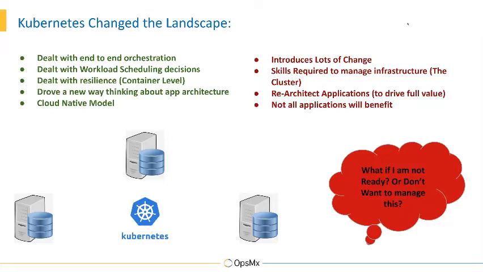I want to get away from self-hosted. I want that reliance and that reliability that Kubernetes could give me, but I'm just not ready to do that. Or, I just don't want to manage this yet. Like, I'm not prepared. My business priorities are such that I want to continue to manage my applications, or it just simply makes sense to keep them in the format that they're in today. And so this is a challenge that a lot of organizations face: what is my strategy going to be here around adopting this? And what if I don't? What happens if I don't, right?